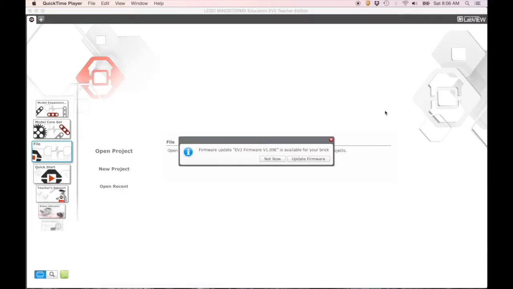When you connect your robot to the software for the first time and switch on the robot, the EV3 brick, then most likely the following bubble shows up where it says firmware update EV3 firmware is available for your brick. Now it's tempting to just exit out or to say not now, but you actually should update the firmware, which is the operating system that's running on the EV3 brick. So press update firmware